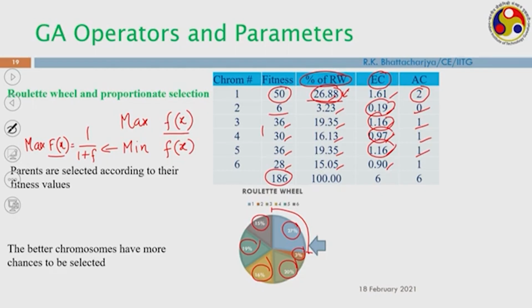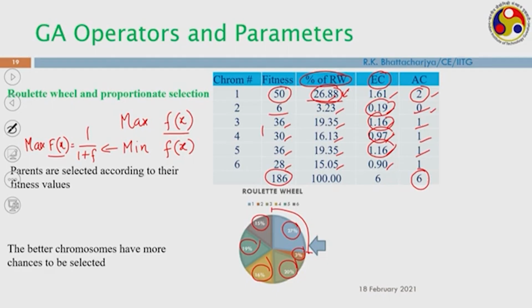So, what you are doing is, the first solution, that is the best solution, will have 2 copies, the worst solution will have 0 copies, and the other solutions will have 1 copy each, and altogether I am getting 6 solutions. So, I can implement either the roulette wheel concept, or I can implement the proportionate selection in order to select these